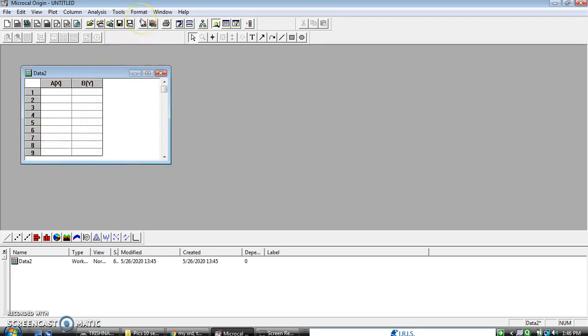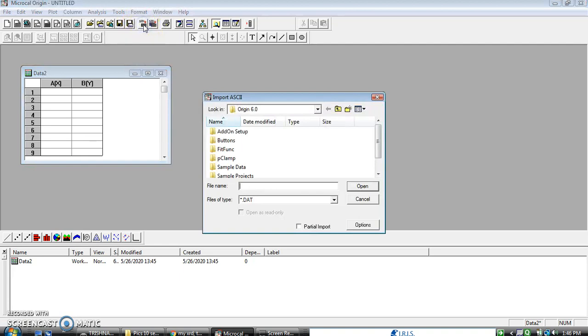Now you want to plot the data. For this you have to click onto this. As you click here, you will get the ASCII files wherever your files are loaded. The ASCII files basically are the raw data, which you can either copy paste into this format or directly import from those ASCII files into this data file. Let us start with FTIR data.